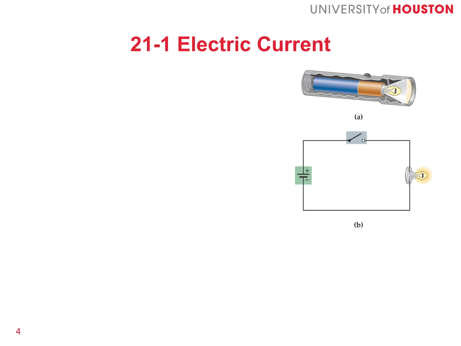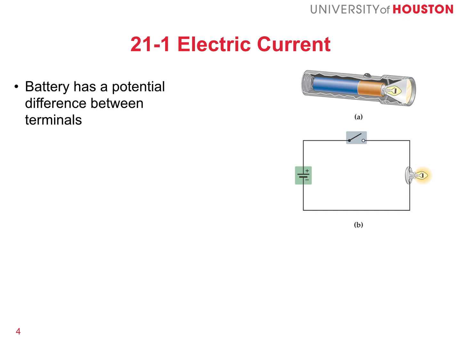The flashlight contains a battery which has a potential difference, and this potential difference gives rise to an electric field. The electric field, when the flashlight is switched on, will push electrons through the circuit. The electrons will go through the bulb and the bulb will light as a result, and then they will return